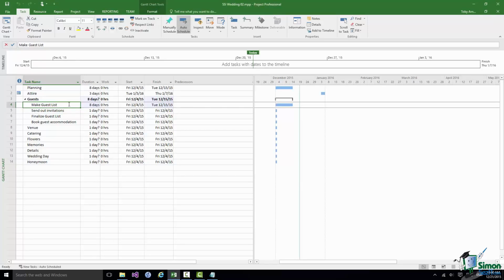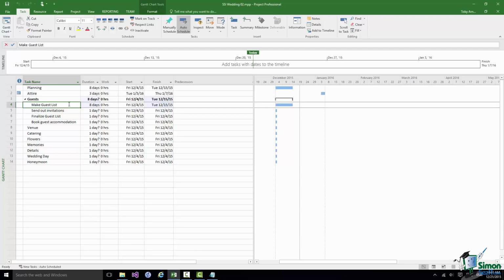The summary task has a different format bar on the right there. Now we're going to talk about Gantt chart formatting much later on, and you can in fact change most aspects of the formatting of these bars anyway. But there's two important things. One of them is that the summary task does have a different format of bar, which helps it stand out on the right there. But also, the summary task by default does not have a duration of its own.